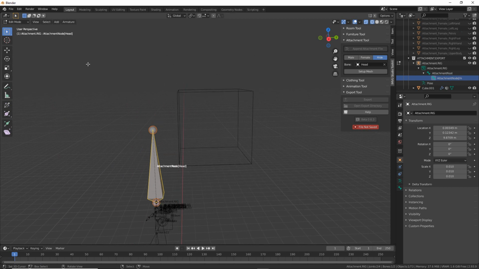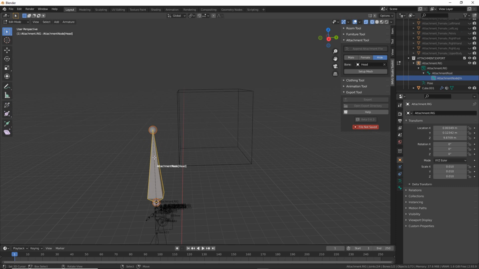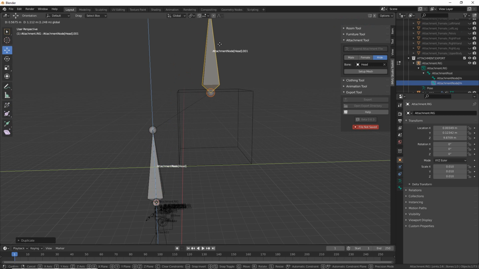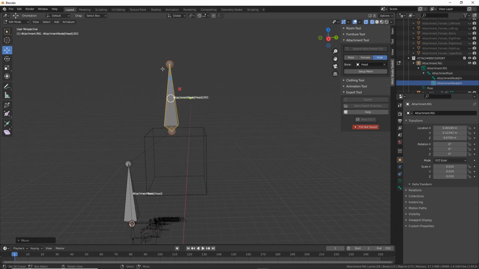As we have an armature already, all we need to do is just duplicate. So just click on that and it'll duplicate the bone that's selected. Whoops. So we can now, that's escape to reset it, and then we just move it into position. So depending on what you wanted to do, that's duplicating the initial bone, and then we can also just extrude. So we'll use the extrude button,